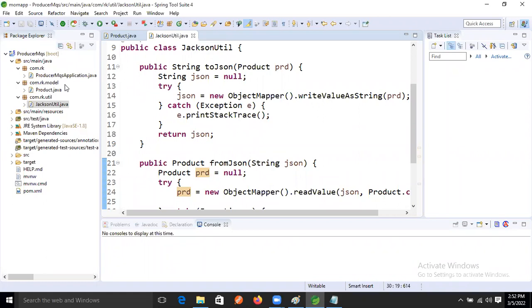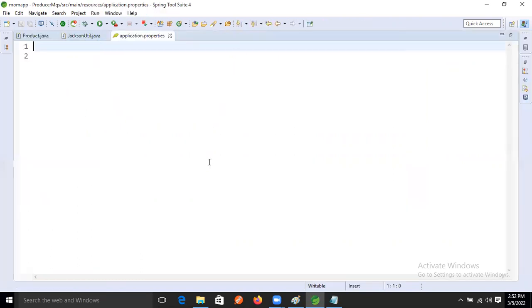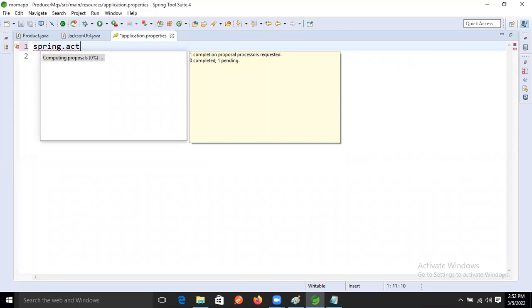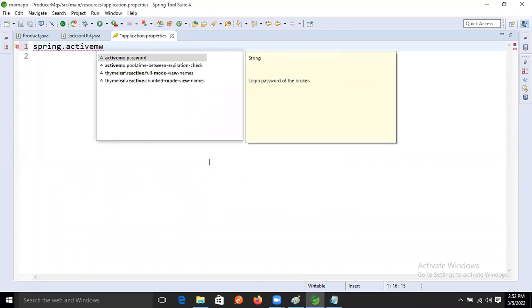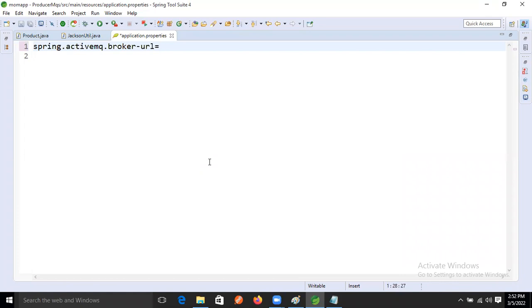So before that we need to prepare the properties also, na guys. How will our application interact with the MQ server? What is the key now? spring dot activemq dot broker-url. Yes, ActiveMQ broker URL, right?